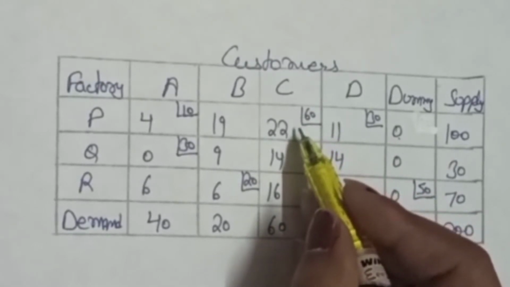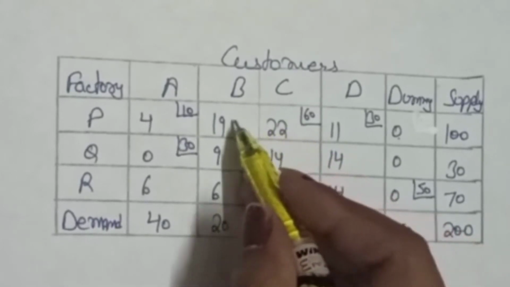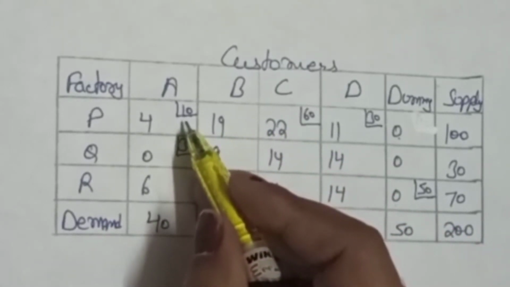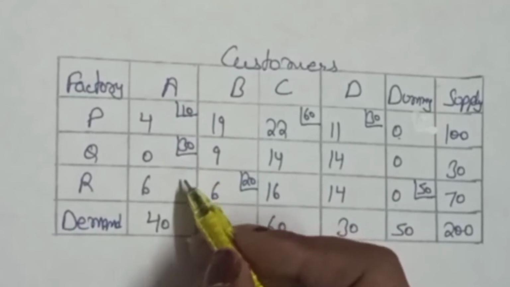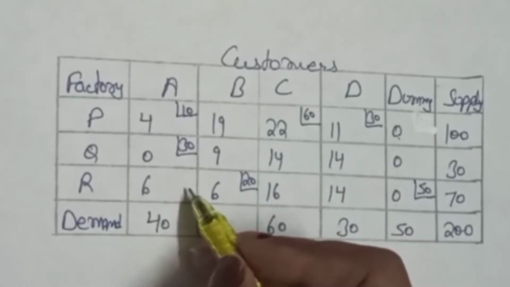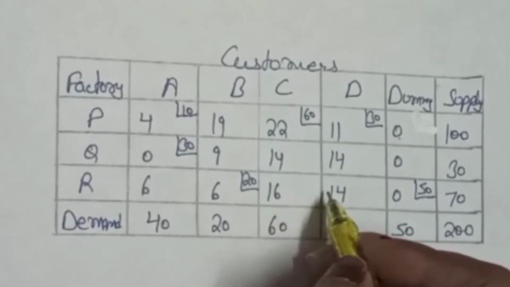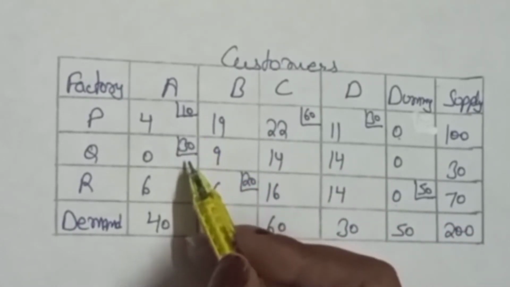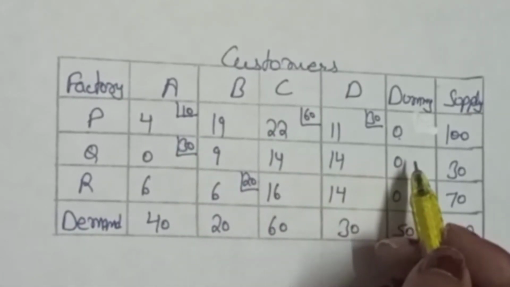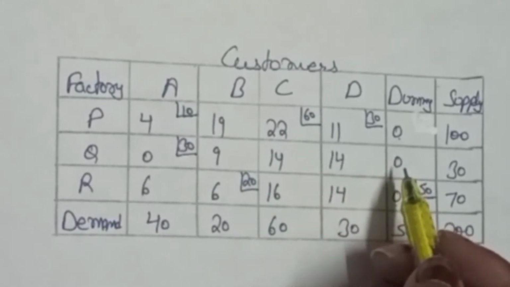If we stop here, we can't go vertically because here also there is no allocated cell. We can go to this cell and stop here. If we stop here, we can move to this cell because the allocation is here. But we can't go here because there is no allocation here. So in this way, we will move further and further only in allocated cells. So when we stop here, if we go in this line, in this row, no allocation is done. So we can't move here.